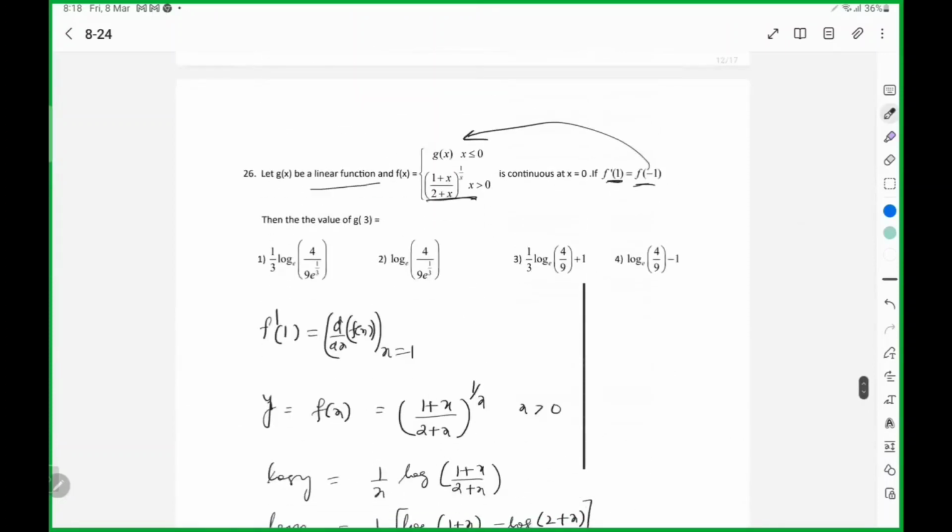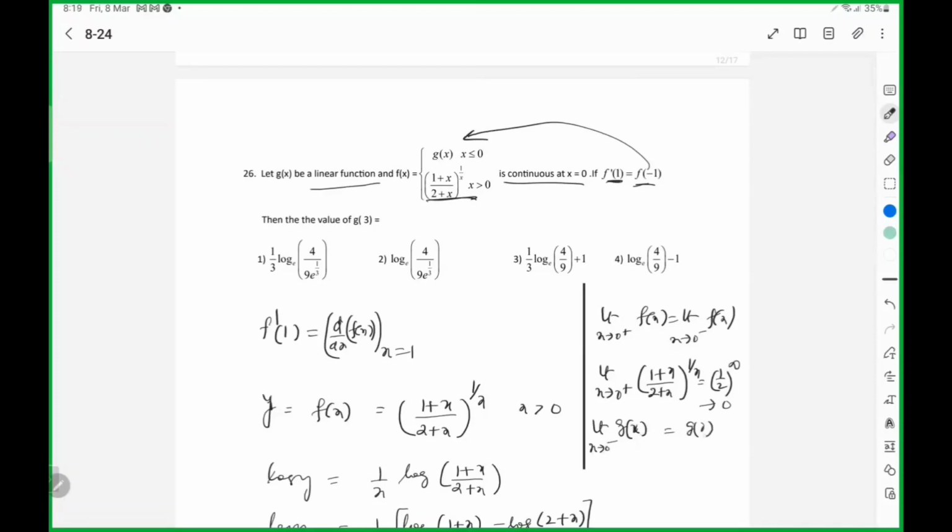The function is continuous at 0. So f(0 plus) is equal to f(0 minus). 0 plus means here the limit as x tends to 0 plus of (2 plus x) power 1 by x. It is 1 by 2 power infinity. 0 minus means g of 0,